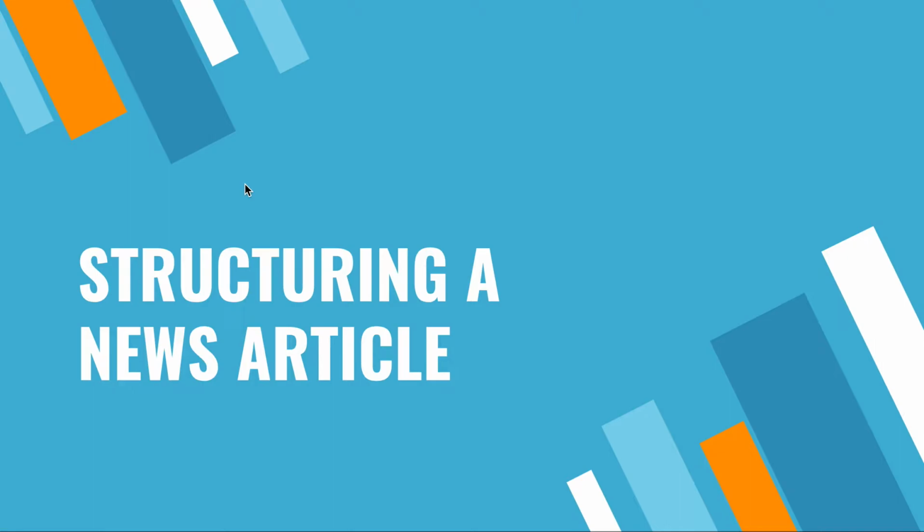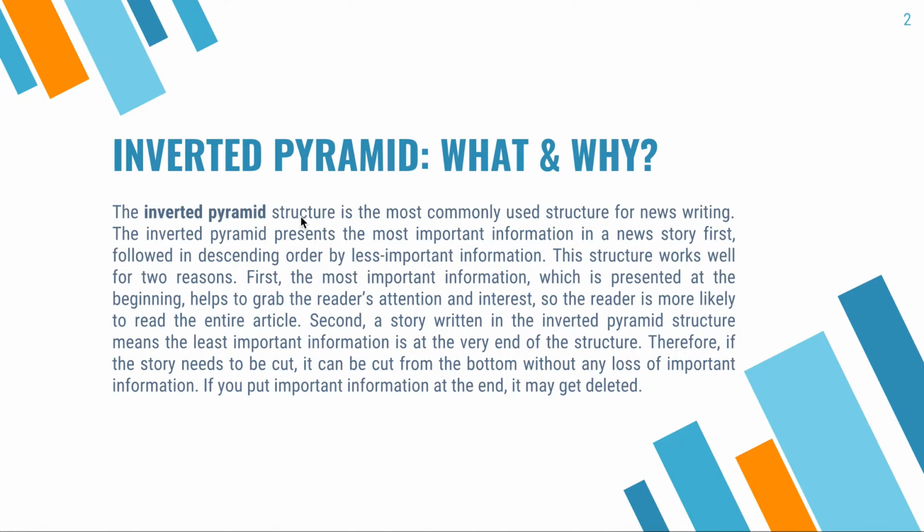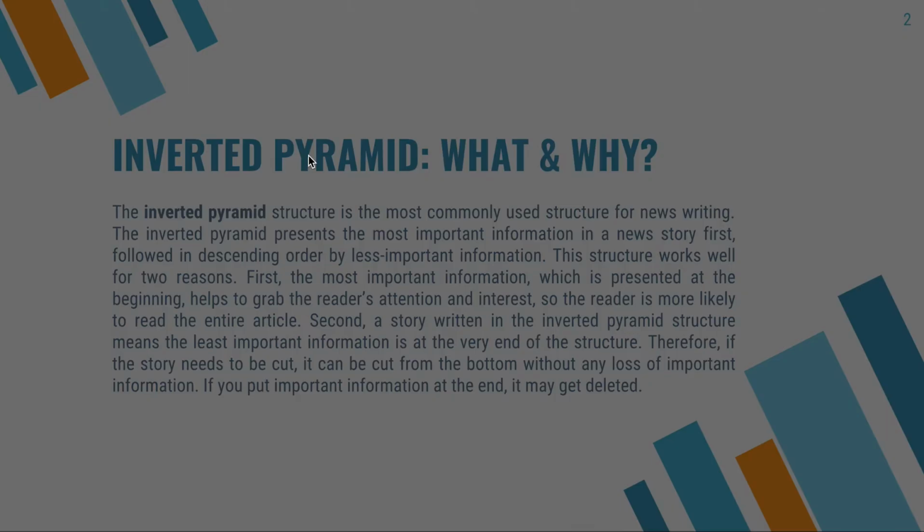Now, you do have freedom. This is not required when you become a journalist. It's not always going to be like this, but there is a basic model that people learn, and I want you to learn this first before you break free of that model. So the basic, most accepted format of a news article is called the inverted pyramid, which is basically just an